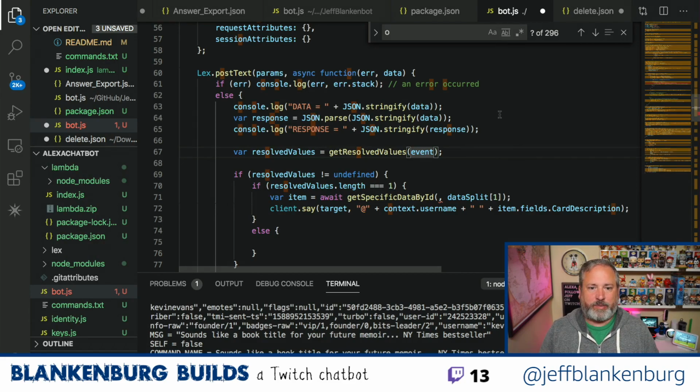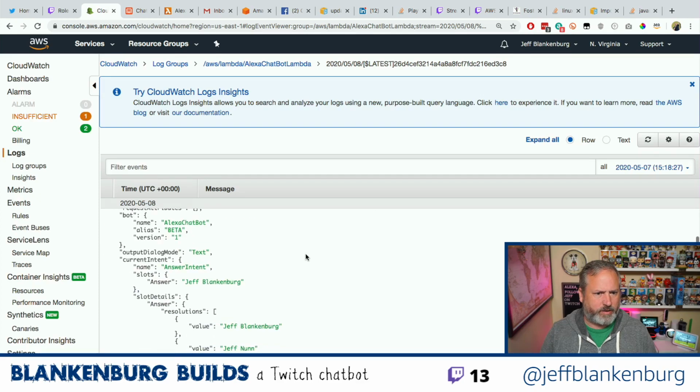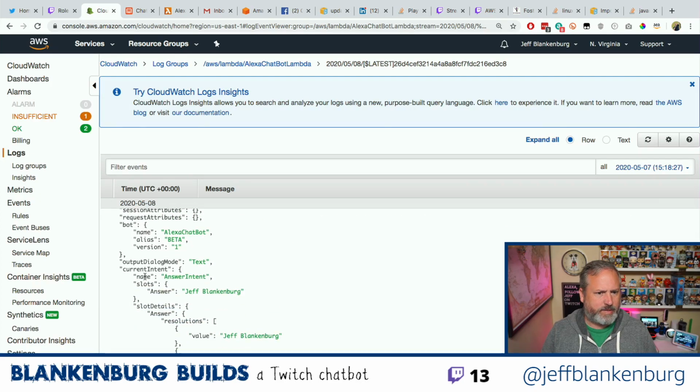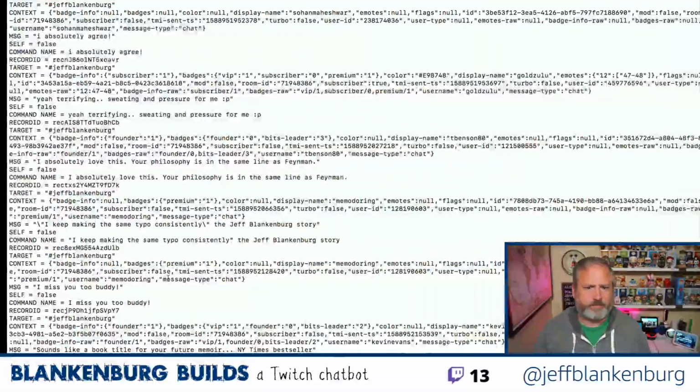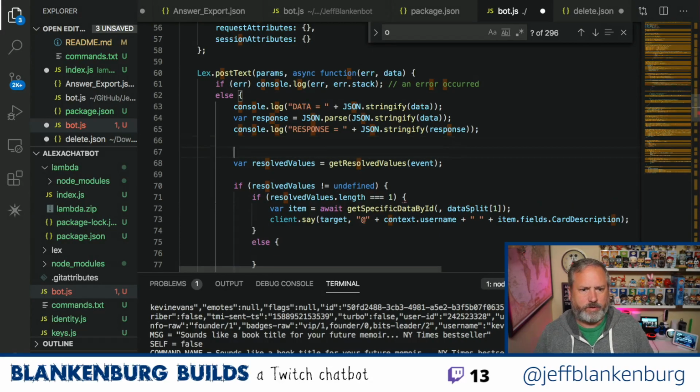Okay, I need to be able to get the intent name. That's the thing that I keep getting distracted by. I need to get the intent name, and that is in here. Current intent.name is the thing that I want. So we're going to get a new variable here, var intentName equals event.currentIntent.name.